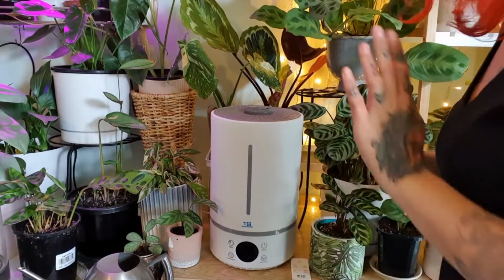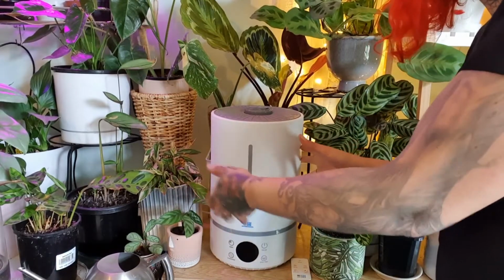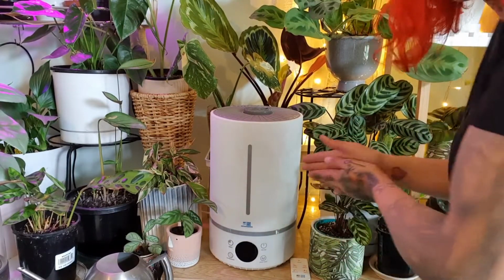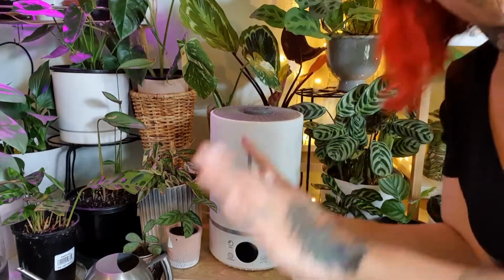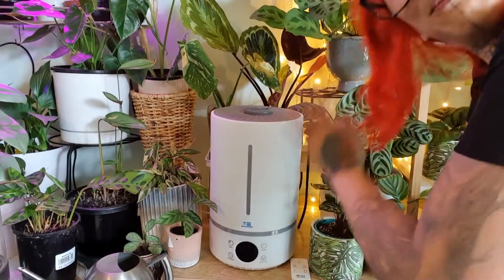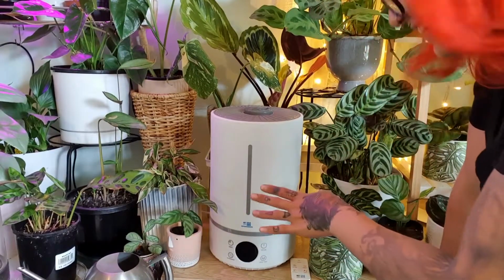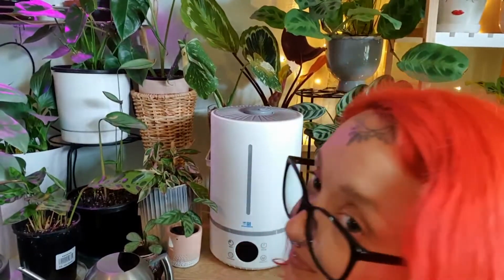I don't like it. The amount of leaves that I've also crushed of my plants, putting big heavy tanks back on, and the leaf has gotten stuck between the tank and the humidifier and crushed. I have crushed a lot of plant leaves doing that. So I really appreciate that with this one I won't be doing that anymore. Can I kneel down and...